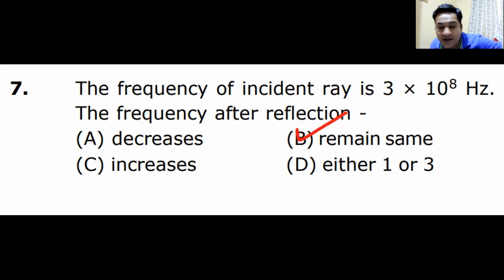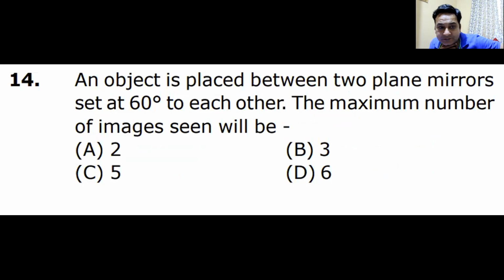And here comes the next one. An object is placed between two plane mirrors at an angle of 60 degrees with each other. What is the number of images that you shall see? And the answer is